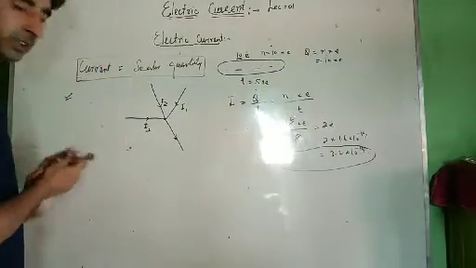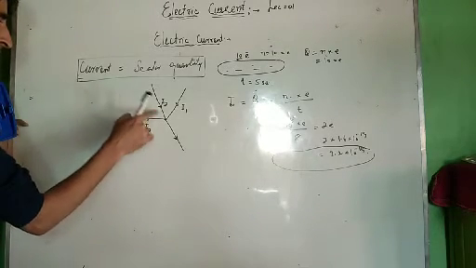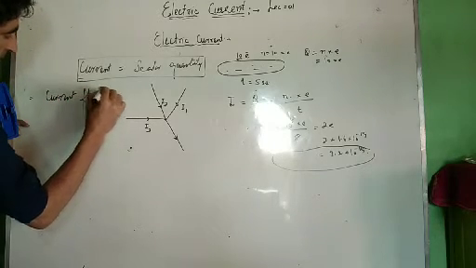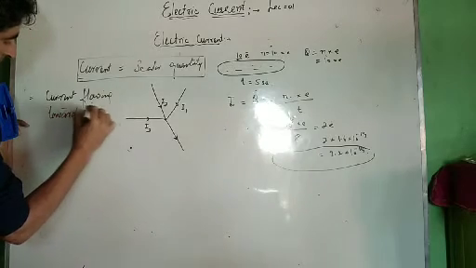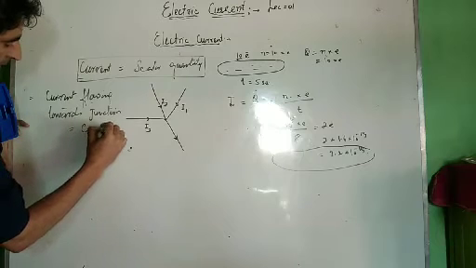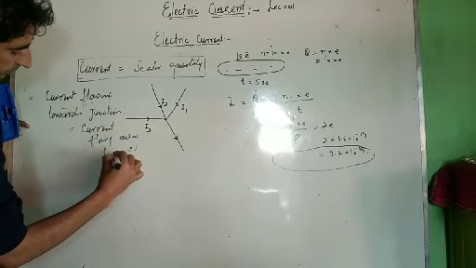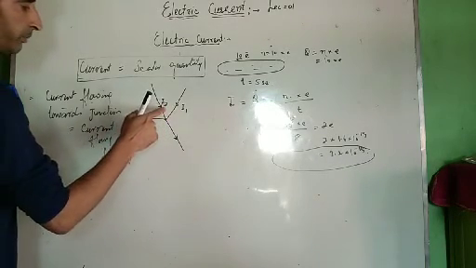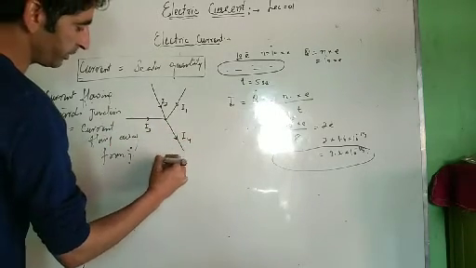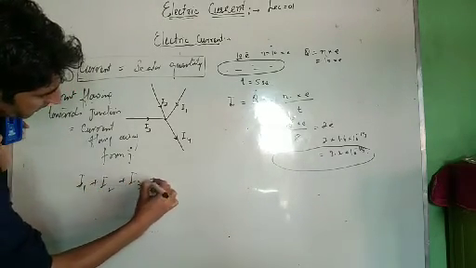Now there is an assumption in this type of problem. What is that assumption? Current flowing towards the junction must be equal to current flowing away from the junction. That means this current plus this current plus this current should be equal to the current flowing away from the junction, that's I4. That is, I1 plus I2 plus I3 should be equal to I4.